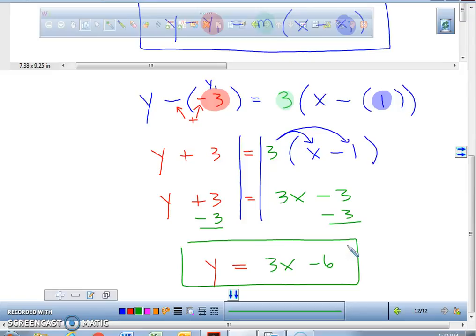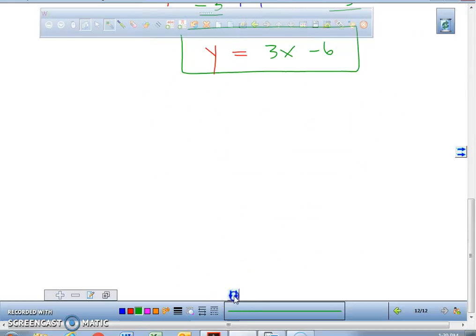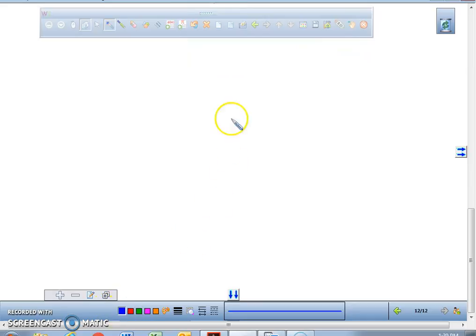This is not the only method of solving this. So what I'd like, this was your example for point-slope form, all right? So Jacob, make sure you're writing this down, all right? Because now, we're going to do the exact same problem, except, everybody, instead of using point-slope form to solve this problem, we're actually going to use slope-intercept form to solve